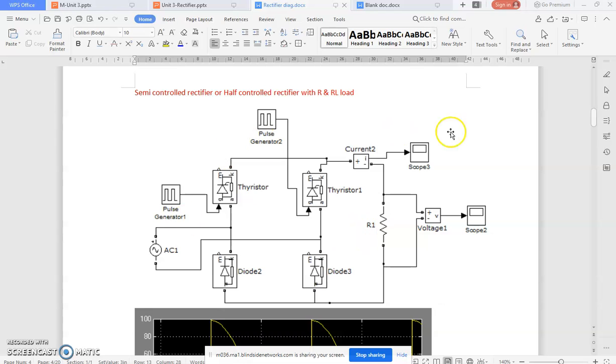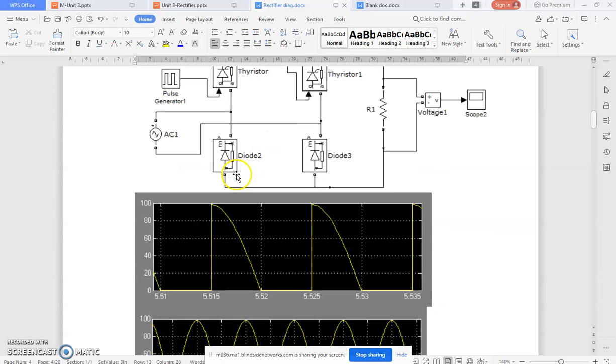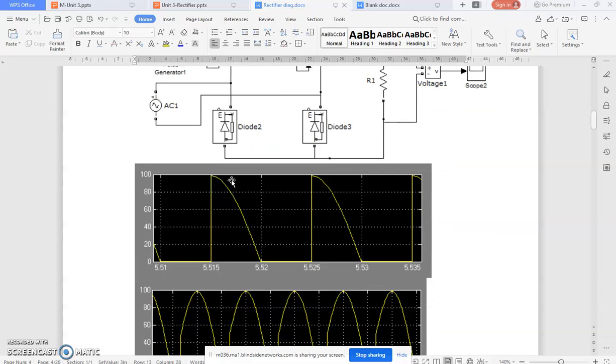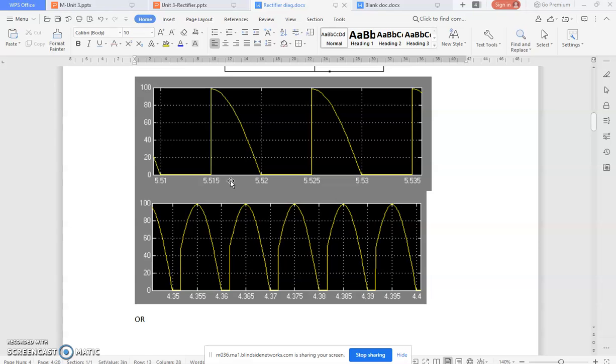This is called the half control converter. Two SCRs are used. The SCR may be connected here or here. One is called symmetric, the other asymmetric, but both will work. Symmetric, because it works based on the cross. Coming to the R load and RL load: R load means the output voltage and output current are similar. Now, what firing angle are you going to apply? I will apply the firing angle.